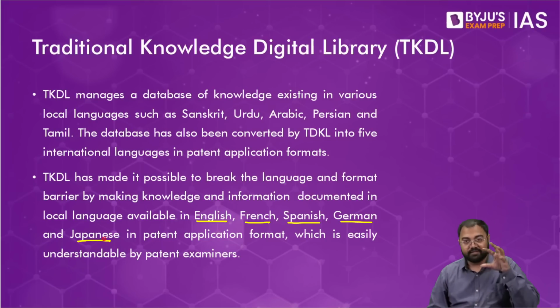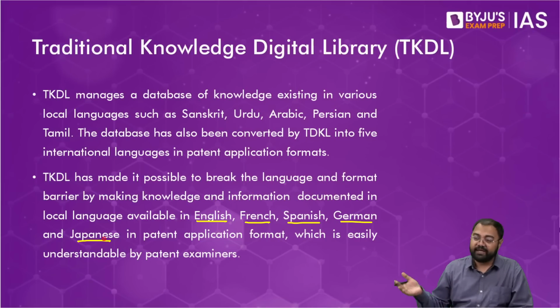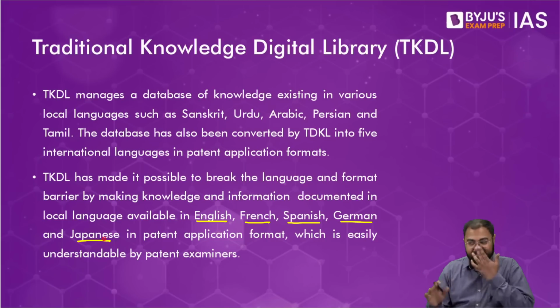So all the local knowledge will be translated to five international languages and made publicly available, so that it cannot simply be patented. Nobody can claim that this is theirs or this is what they discovered. It existed, and India also started contesting anyone who was doing this, even internationally, even if somebody in the US was trying, India would go and fight against it. So we started doing all that so that we can protect our tradition and our heritage. That is where the Traditional Knowledge Digital Library became very, very crucial